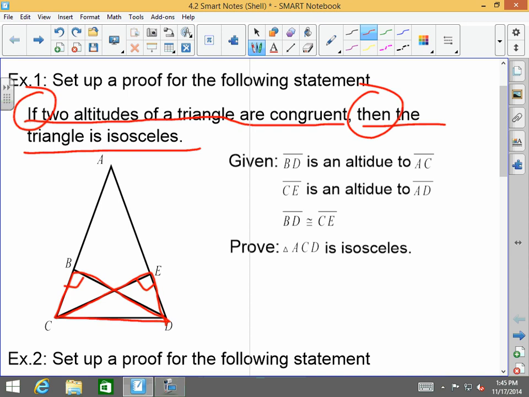We know that BD is congruent to CE. So let me just try to see if I could do this the right way in color format. That green is congruent to this green, correct? You with me, guys? And then, hopefully everyone can see that CD is congruent to itself because of reflexive. So that means those two triangles would be congruent because of HL. If they're congruent because of HL, then I can very easily prove here that,